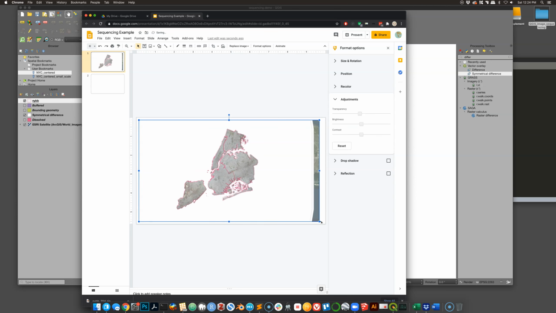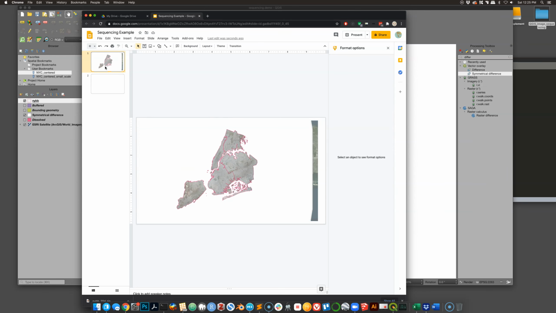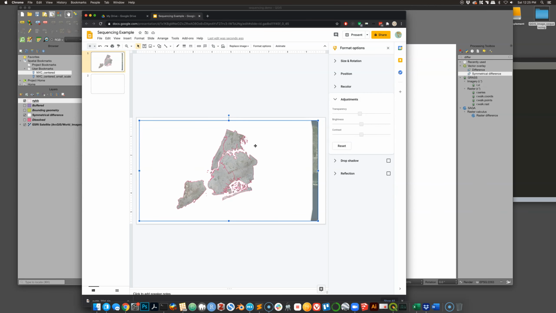As I'm holding down my Shift key, it's giving me small incremental moves. Okay, that's pretty close. Let's see if we can move this up. All right, that's going to have a little jiggle in it, but it's pretty close. So you can zoom in to get it right on top. So what I'm going to do now, since I have these two sitting on top of each other, I'm just going to